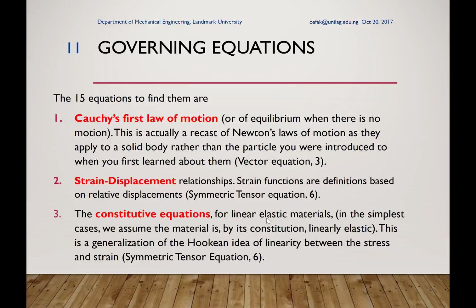The second are the strain displacement relationships. Strain itself is a definition, and there are several definitions of strain in common use. For our purpose here, and in Fusion 360, you are going to be seeing the Lagrangian strain. So we are going to concentrate on that particular definition of strain. That is the measure of deformation. There are other ones, such as the deformation gradient, the Eulerian strain, and many other forms of strain measure. But we concentrate on this. The strain displacement relationships constitute 6 equations, or a single tensor equation.